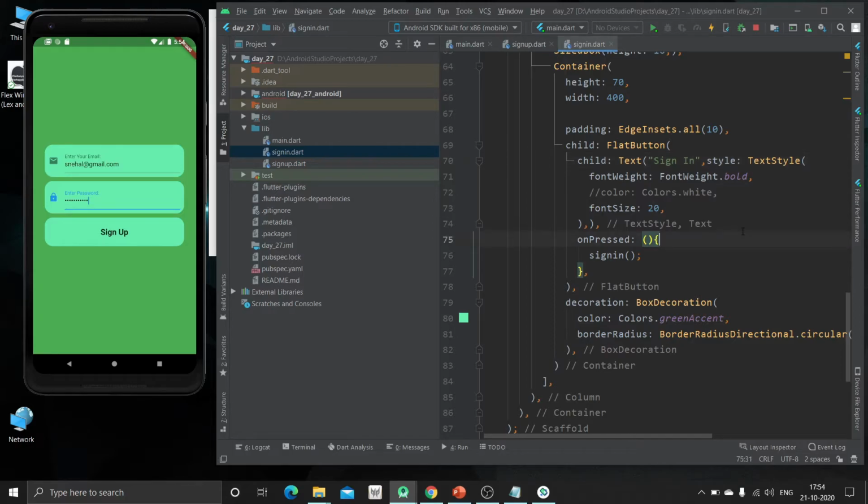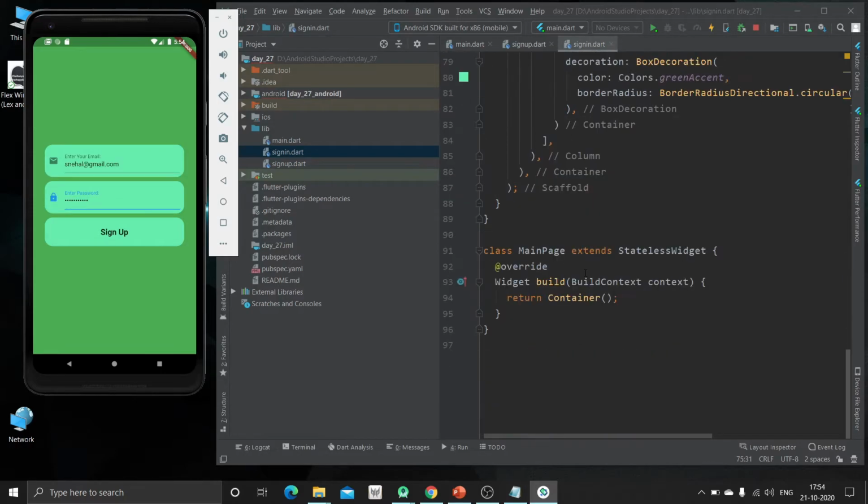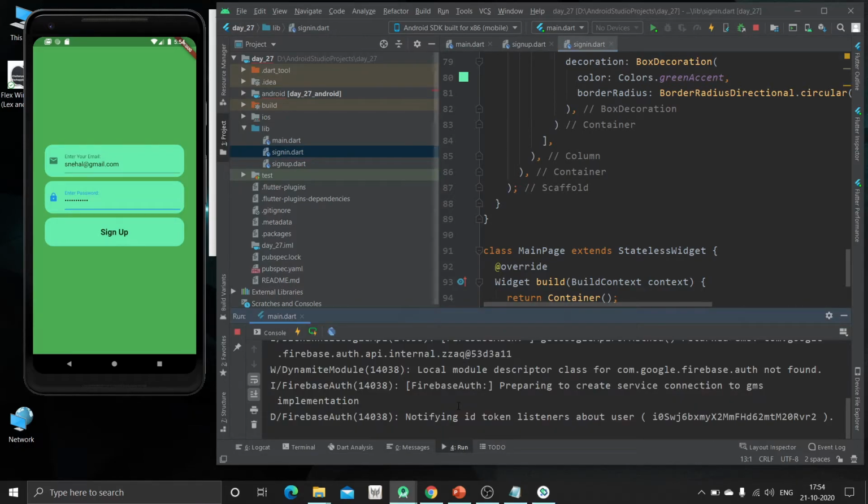So I am not going to load the page again. Instead of that, as it is calling the sign in method, it doesn't bother about the text inside it. So just hit this button. So after the user logs in, the main page will be called. So we can look at the status, that is notifying id token listener about user.